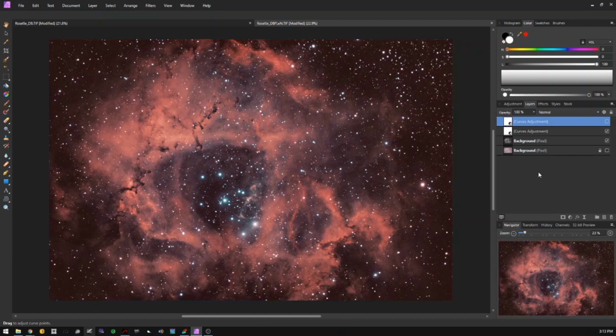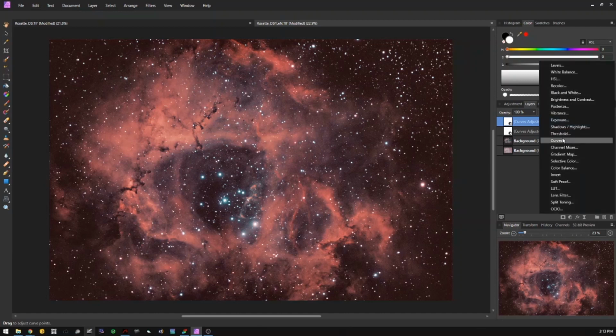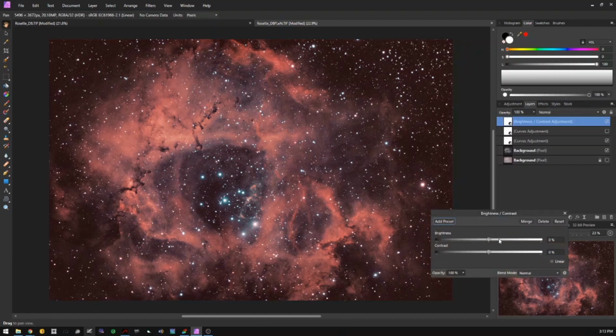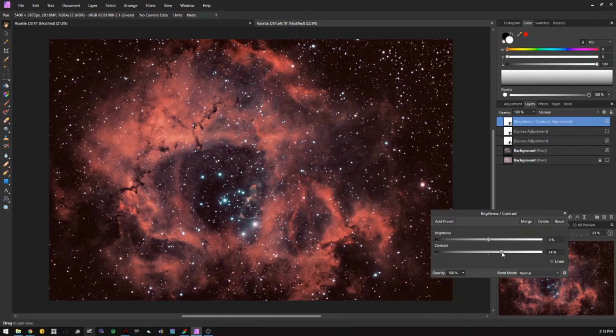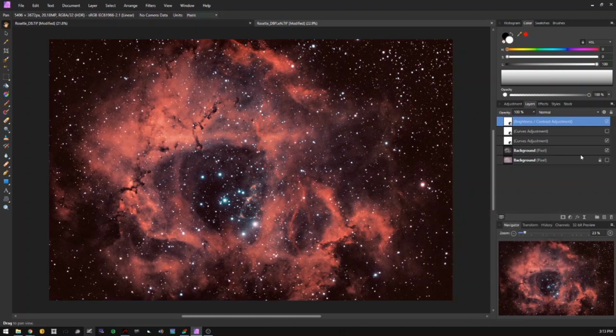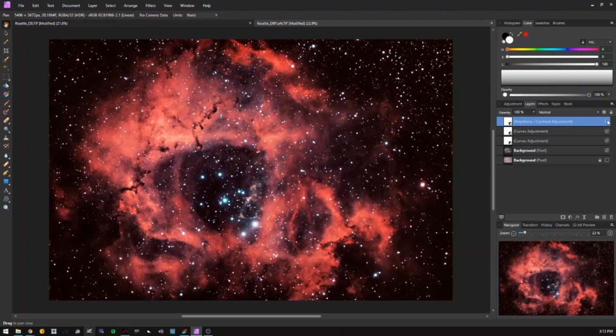So I'm going to close that, turn it off, and then add a contrast layer and bump the contrast. See what happens here. So try it right about there. Okay, so there's my contrast, and I think I'll give it a little bit more brightness, because contrast sometimes will just kind of crush everything down. So a little more brightness, a little more contrast. Okay, so that's B, and then